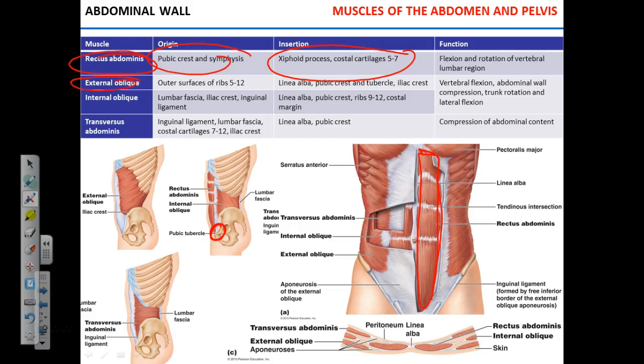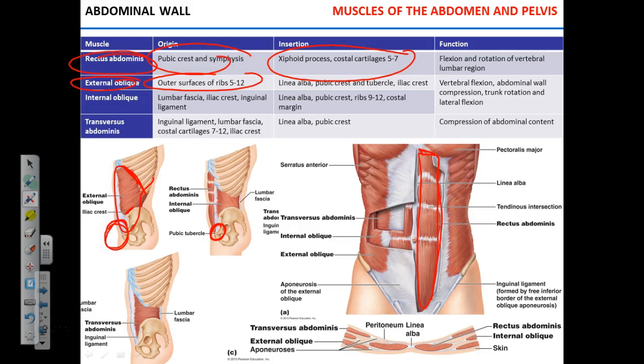External oblique. Oblique means angle, diagonal. External oblique is the most superficial abdominal muscle. On Arnold, you can see it under number 55. Okay? And it originates at the ribs 5 through 12 right here, and it inserts via the tendon into the iliac crest and pubis. This tendon,